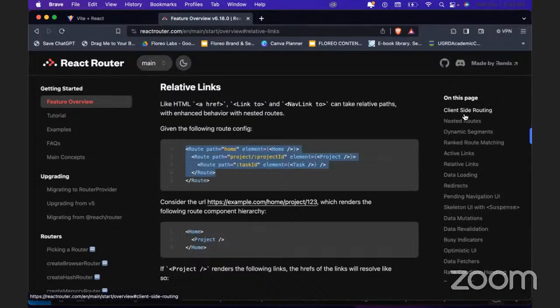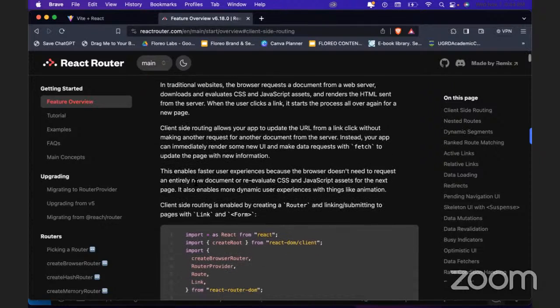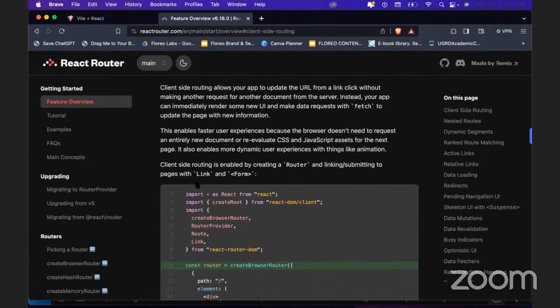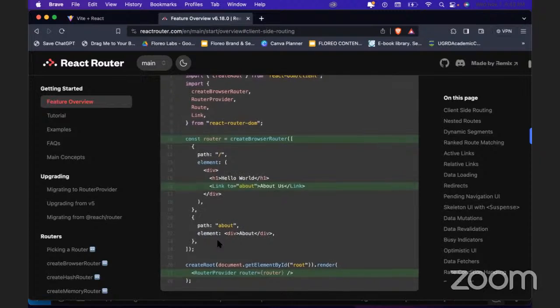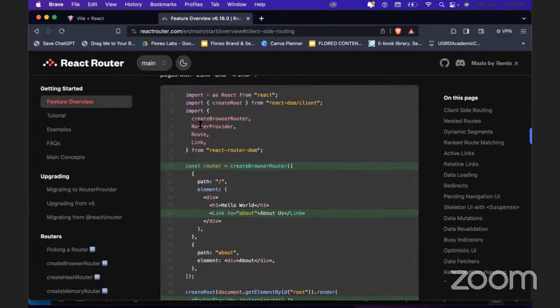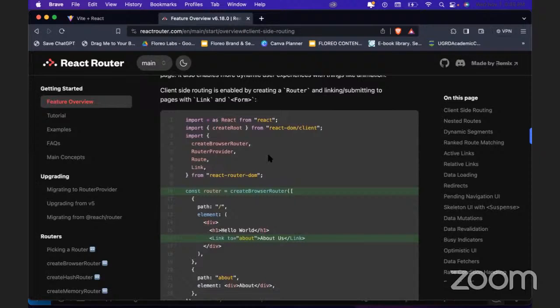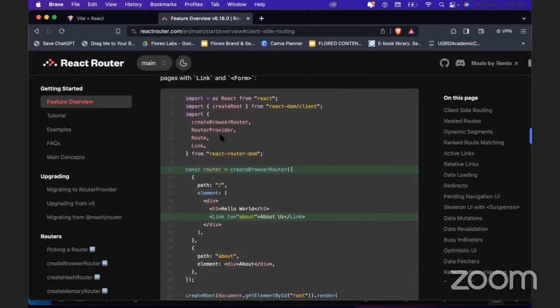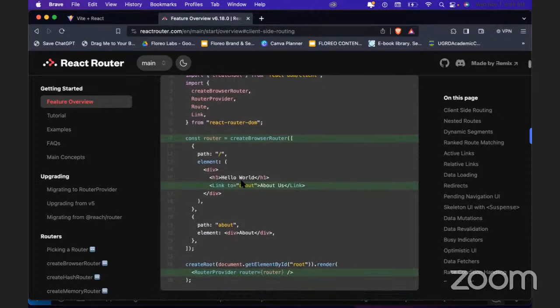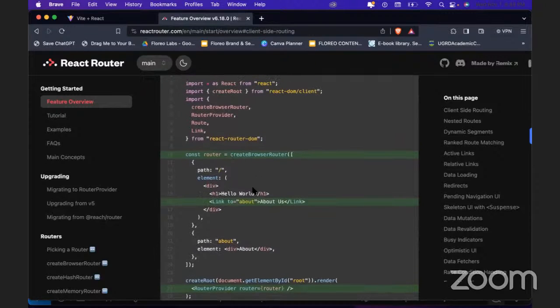But at the end of the day, like I said, how it's working is using some of the same concepts that we were talking about, where we've got to build a series of components that will allow us to know, hey, what particular route is active, what link is active, and that link will correspond to a particular route. Based on that route, we can show particular elements. So what you're looking at here is a little bit of React code to create a series of routes for our application. In this case, and we're going to pull this into our code in a second. In this case, what we're seeing is